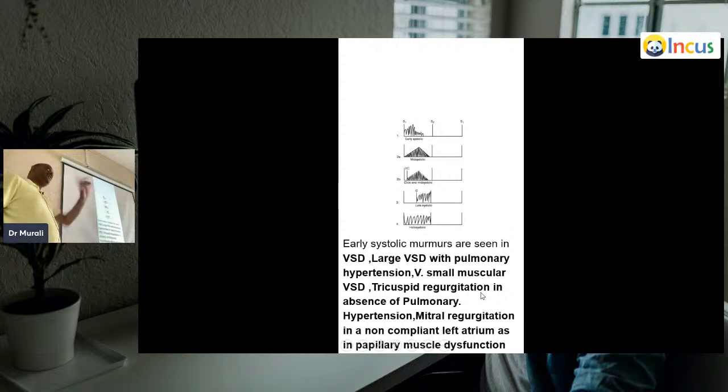Whereas MR occurs throughout the systole. Regurgitation occurs throughout the systole, right? Then if there is an MR, but if it is a non-compliant left atrium,